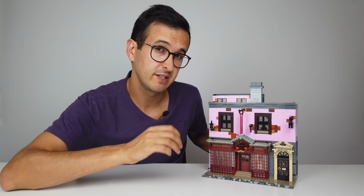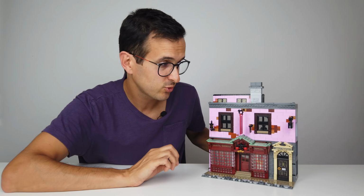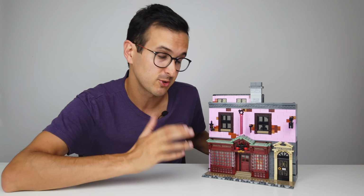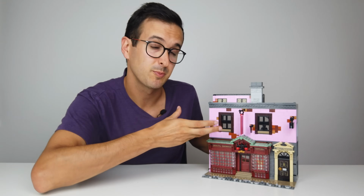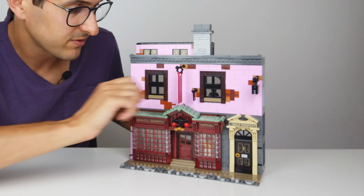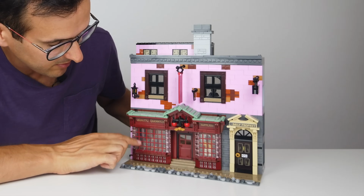Next up we have the Quality Quidditch Supplies and Daily Prophet building, and this one is really cool and really stands out because of the elements used. You can see a lot of pink, which is not a very common color to see in this much quantity on LEGO sets, so that's a major plus. There's also a fair amount of sand green up here and also a lot of dark red, including some new